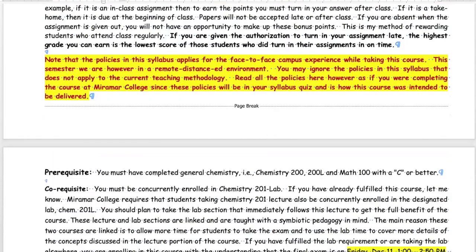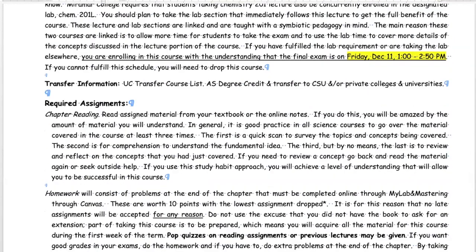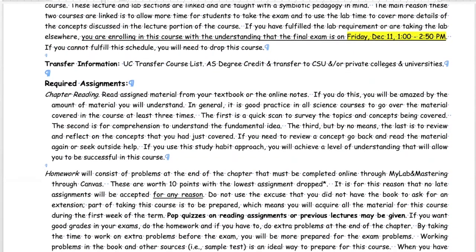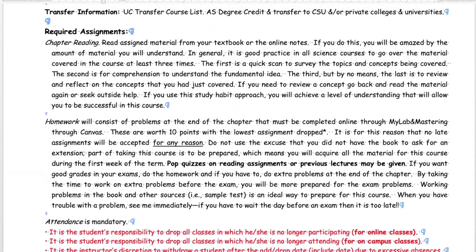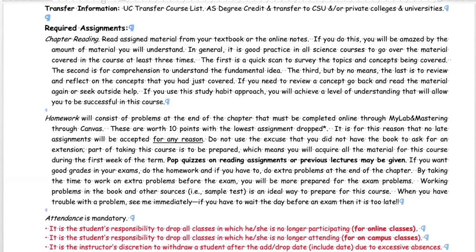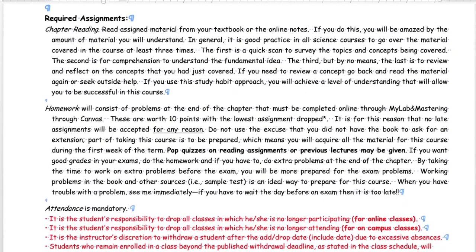There is other information here in the syllabus, and you guys can read that. You guys have a syllabus quiz, I think next week or the week after, so keep that in mind. In terms of class reading, chapter reading, you guys know the chapters we are covering based on that text. In terms of the homework, I think I explained that in my lab and Mastering. You guys need to